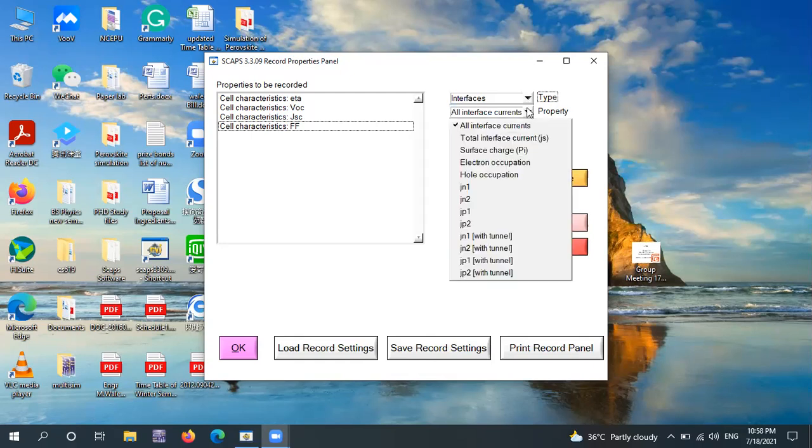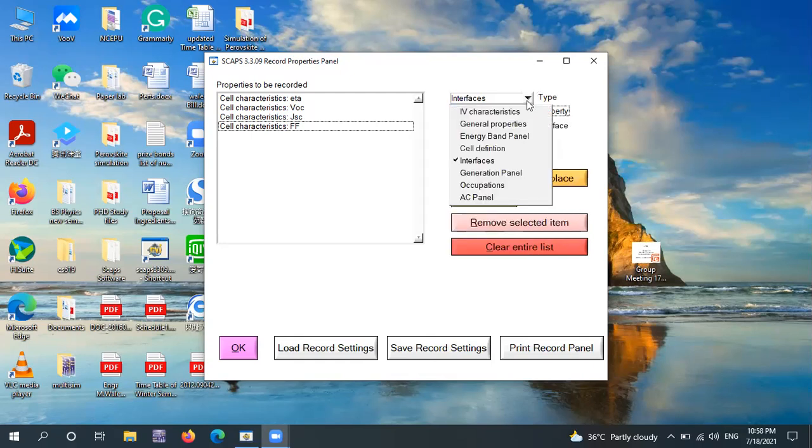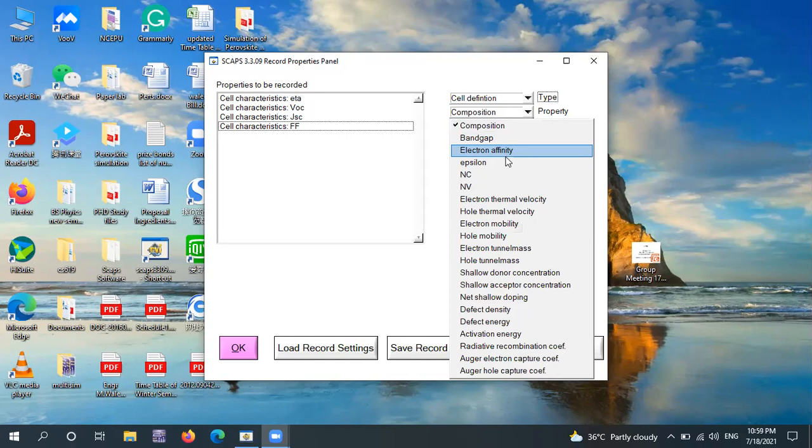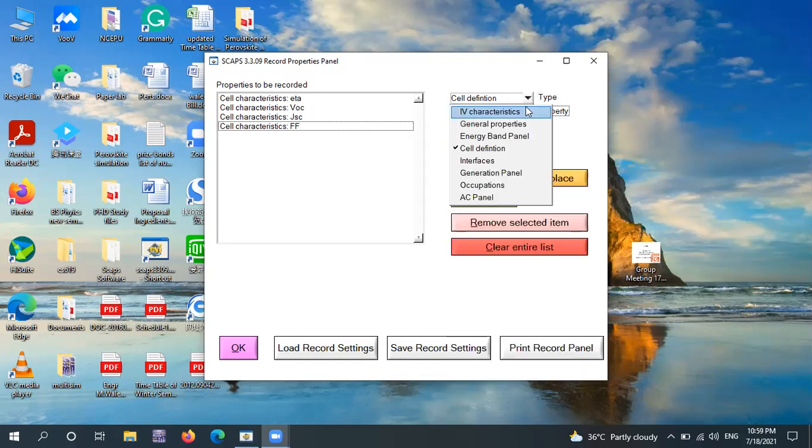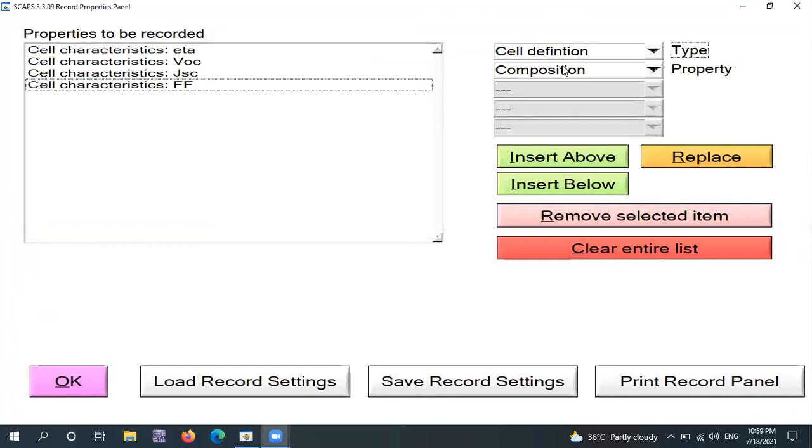You can see there are a lot of interfaces and properties, and similarly cell definition, composition, band gap, electron affinity value, etc. So these variations and these kinds of settings can provide you a lot of graphs and results that can be very helpful for your work and for writing your paper and any research article.